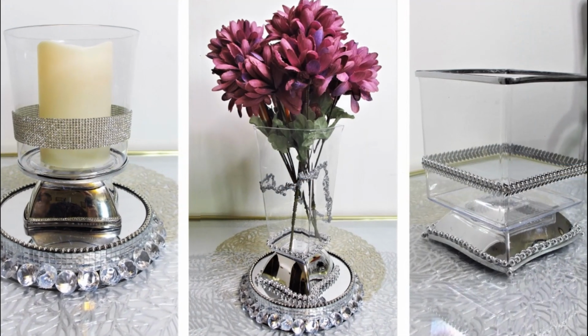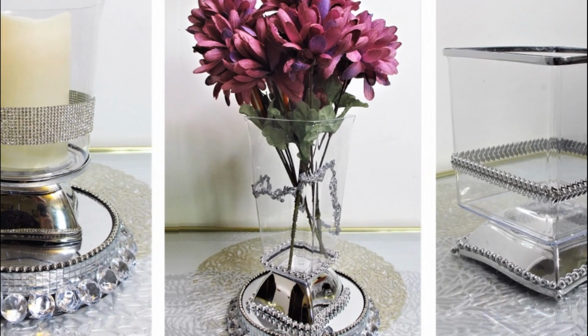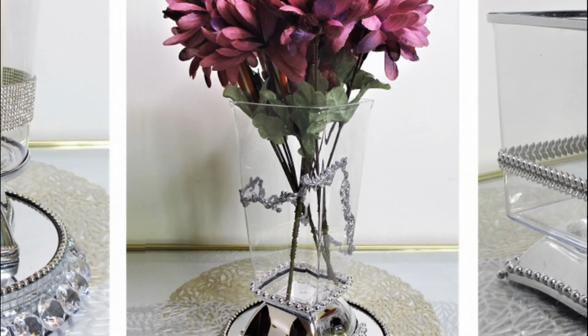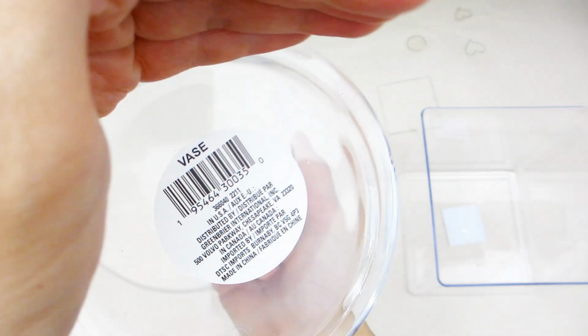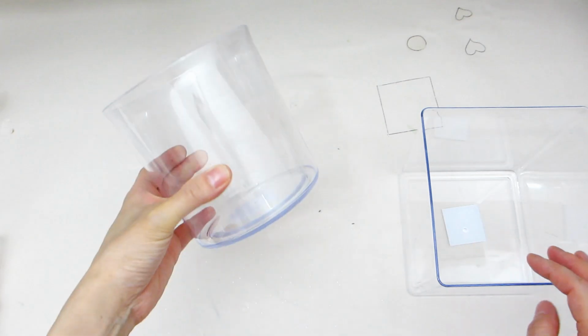Today we are going to make a three-piece set of beautiful vases. Each will only cost a couple of dollars to make, but everyone will think you purchased them at a high-end store. First off is this round vase. It has the look of glass, but it actually is made of very thick acrylic. This vase, along with the outer two pieces I will show you later on in the tutorial, were all found